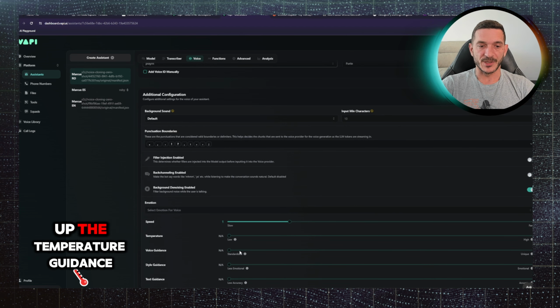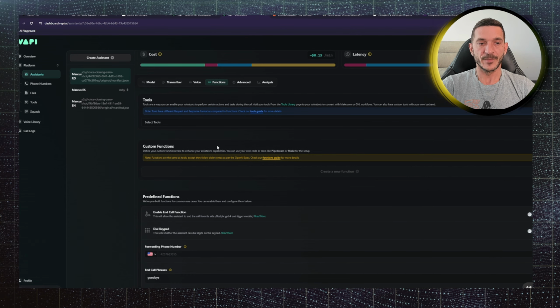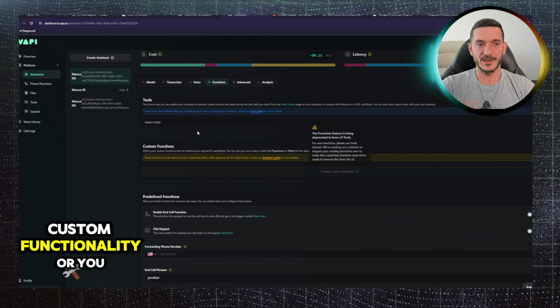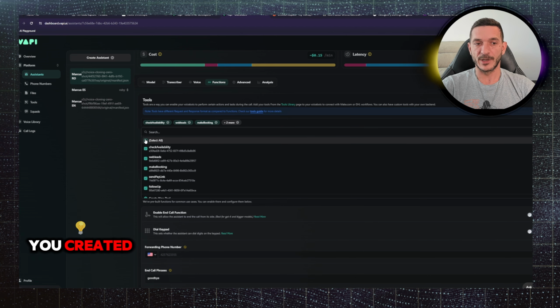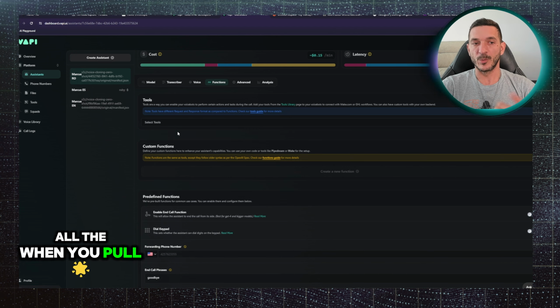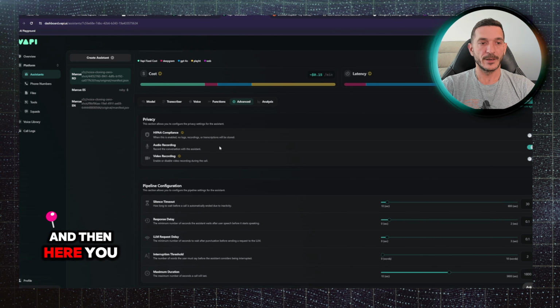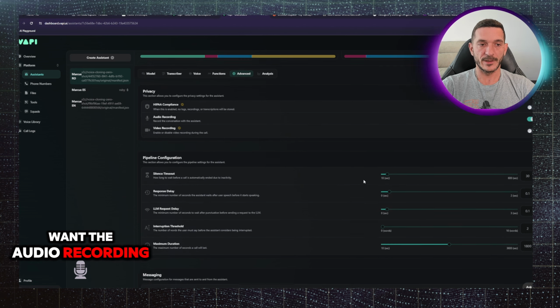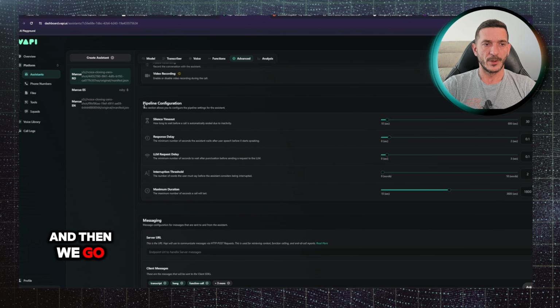And then you set up the temperature, guidance, and all the stuff in here. Here you can add custom functionality or you add tools. So for example, you want all the tools that you created, you just select them all. Let's put all tools. And then here you want the audio recording. They have a new functionality for video recording. And then we go in the pipeline